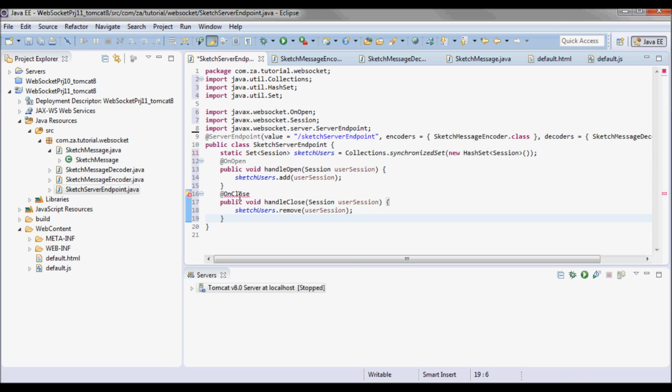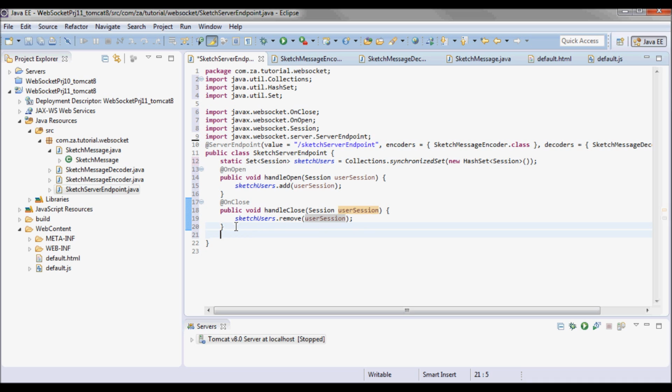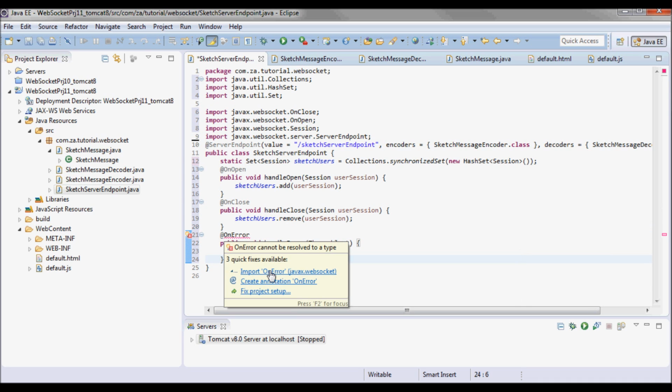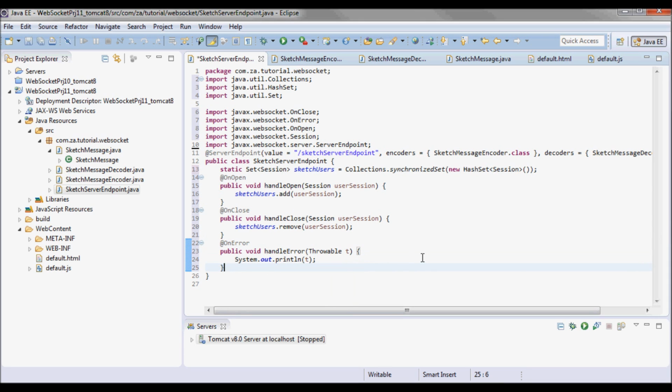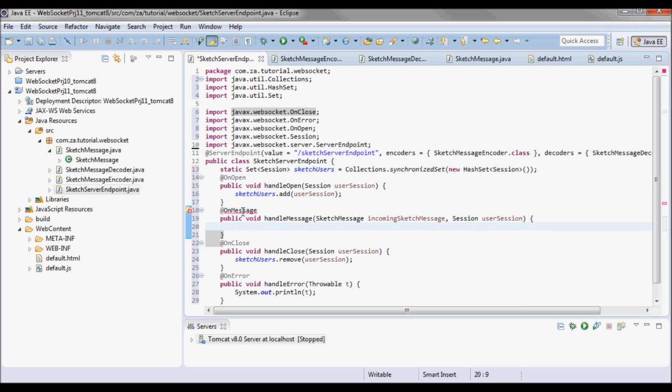And a handle close method that is annotated with onClose and that removes the user session from the set of sketch user sessions. And we'll have a handle error method that is annotated with onError. And when a message comes in, I'll have a handle message method that is annotated with onMessage.